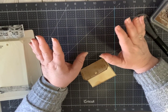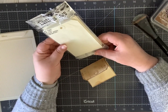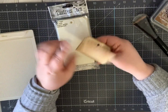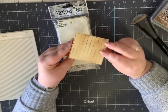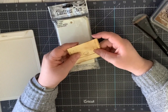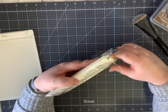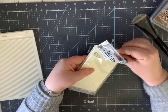So what we're going to do today is play with some tags. I think we'll only have time in this video to do one small project, but kind of a little pocket that can be used for a number of different things. And I've started this one, but I'm going to put that to the side and start another one. I'm working on a number of projects that I'll be able to use these for. So what I'm going to start with is a